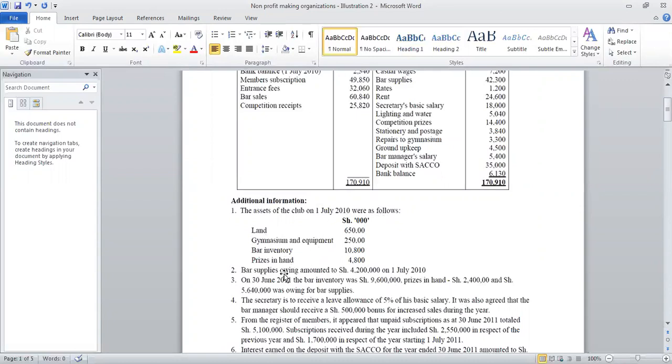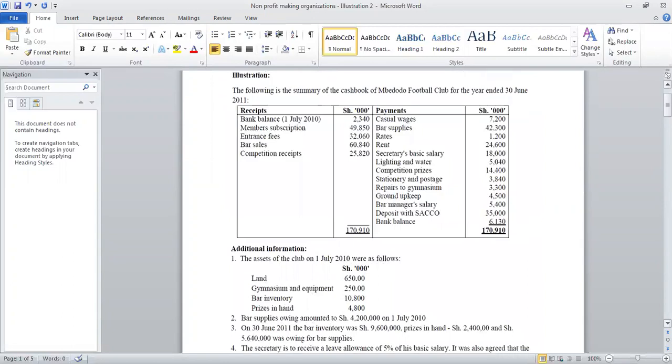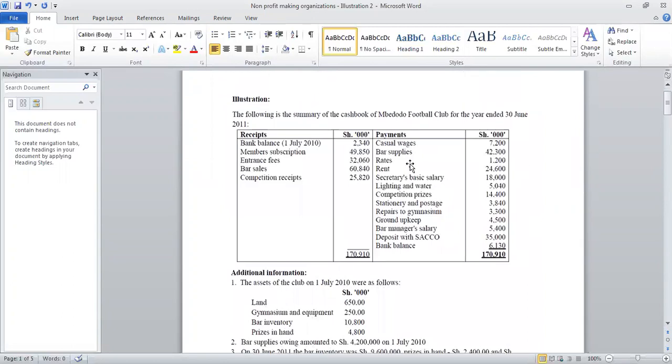Then we are told that the bar supplies owing amounted to 4,200,000, meaning that the bar purchases that we have here, the bar supplies, this is what we paid in cash, but this one has not been paid. So when we want to know the total amount of the bar purchases that we made, it's actually what we paid in cash and what is still owing, so that we can get the total purchases both in cash